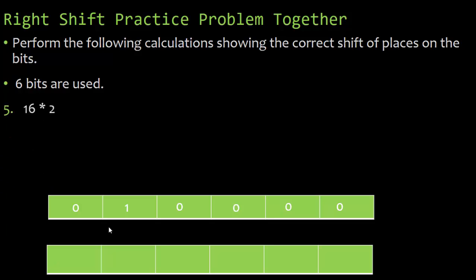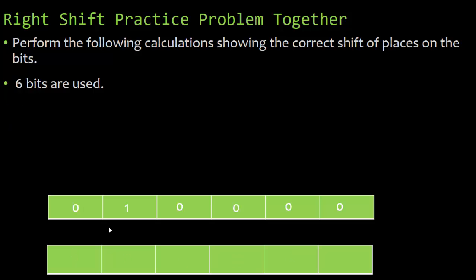So 6 bits are used. We want to do 16 times 2. So what we're going to do is, because we're going to the left, we're going to start from the right. We're multiplying, so we're going to the left. And how many positions to the left are we going? 1. I simply move everything over. This 0, I shift over. This 0, I shift over to the left. And I just keep shifting each bit one place to the left,